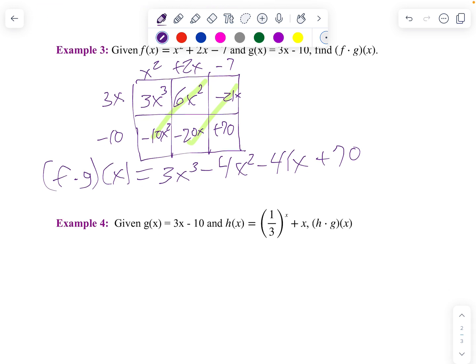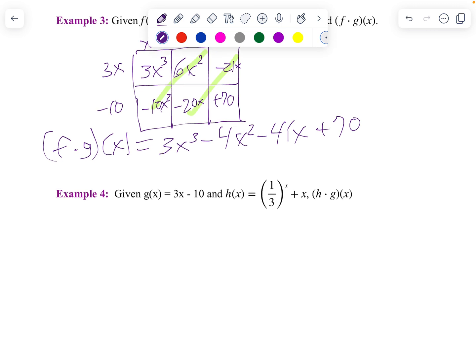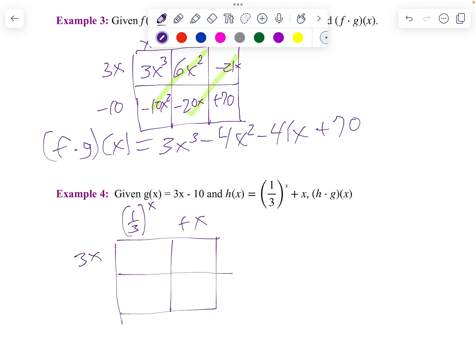Now let's take a look at the next one. This one, there are not as many like terms because we're taking an exponential times a linear. But I'm still going to do the same thing, just to remember how to distribute. So I'm going to take 1/3 to the x power plus x times 3x times negative 10. So when I multiply 1/3 to the x power times 3x, there's not much I can really